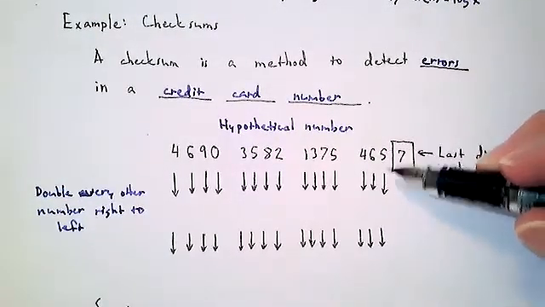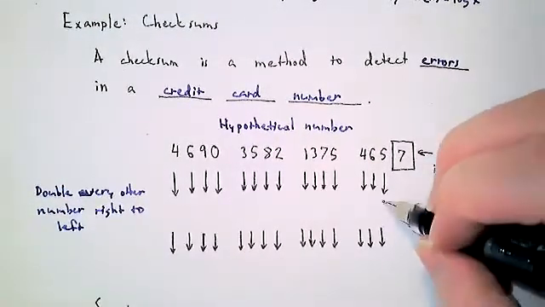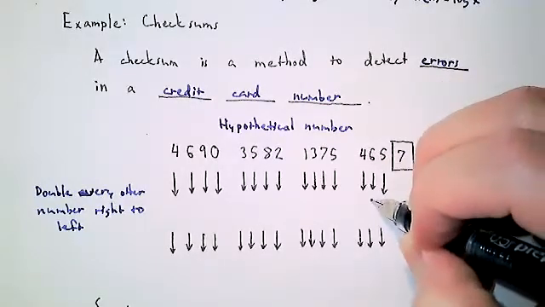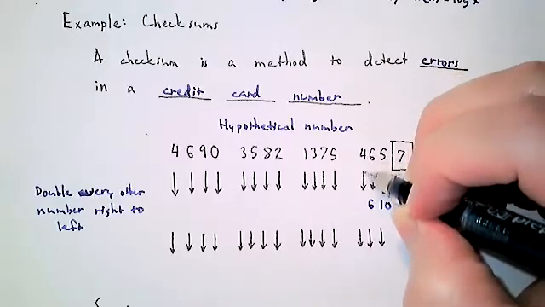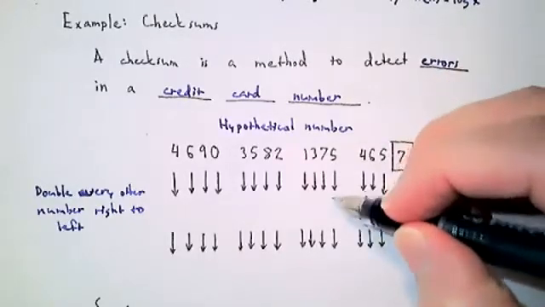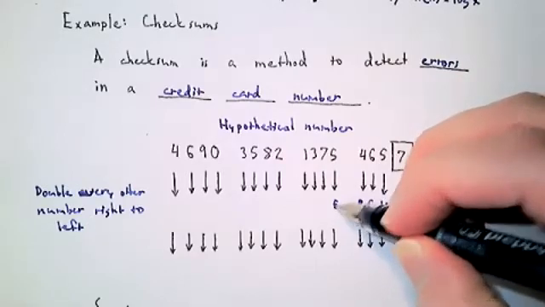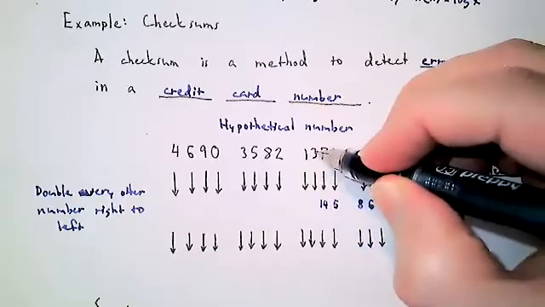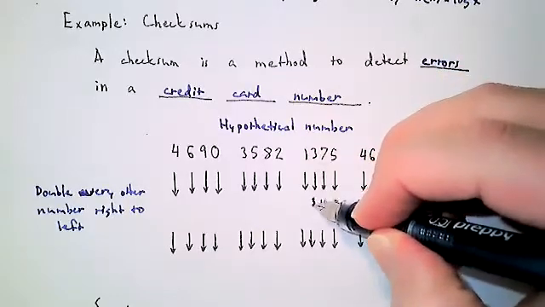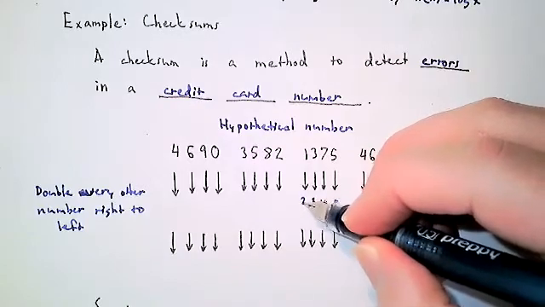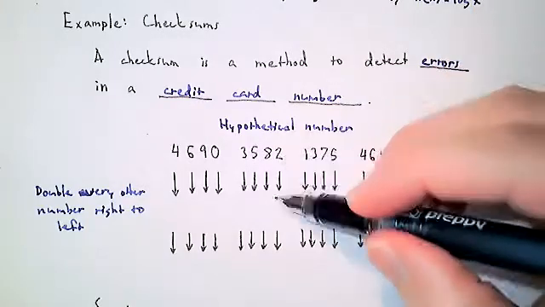So starting at 5, we're going to double it to 10, and then you leave the next number alone, double 4 to 8, leave the 5 alone, 7 gets doubled to 14, 3 gets left alone, 1 gets doubled to 2, this 2 gets left alone,